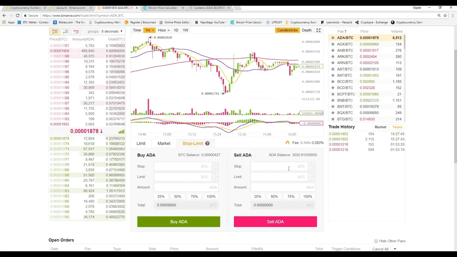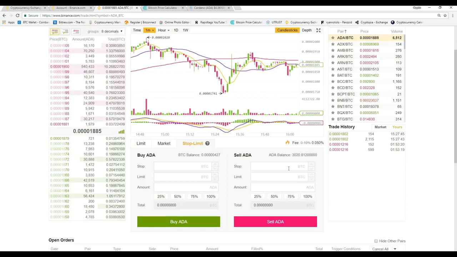So what I mean by this is, for example, if Cardano is at 20 cents and you wanted to sell Cardano when it hits 30 cents because you feel like Cardano is going to dump or whatever, you could set this for 30 cents and you could set the limiter for 40 cents. And what this would do is if Cardano hits 30 cents, you would begin to sell. And between 30 cents and 40 cents, you would continue to sell. And then after 40 cents, if it continued to go higher, you would stop selling. Now, this is a great way to implement cashing out when you think the market's going to crash,